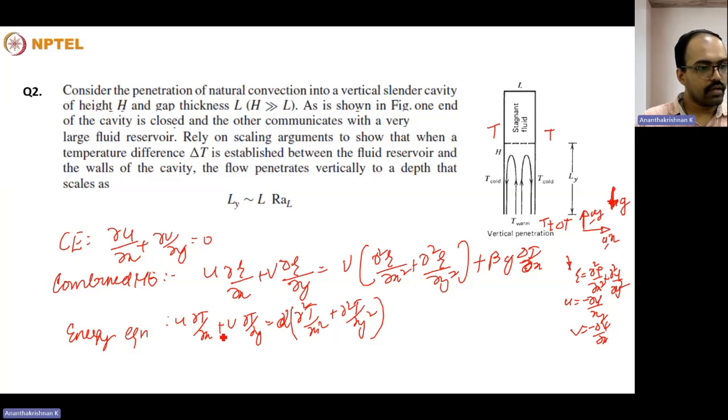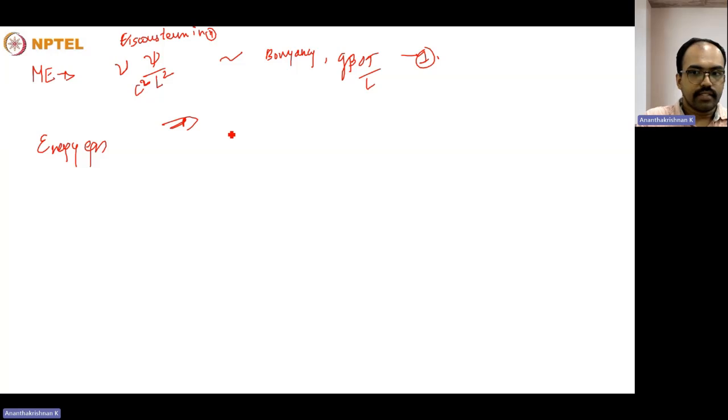But U could be represented as ∂ψ/∂X, and V could be represented as ∂ψ/∂Y. So basically, both of them will have the same dimension. And on the right hand side, the X dimension is smaller compared to Y, so this term is neglected compared to this, and hence we can write it as